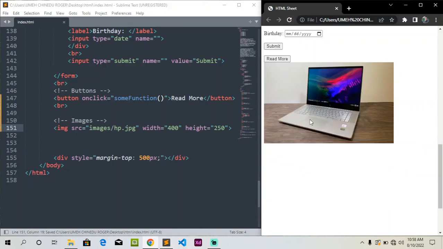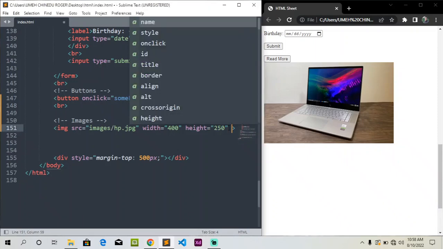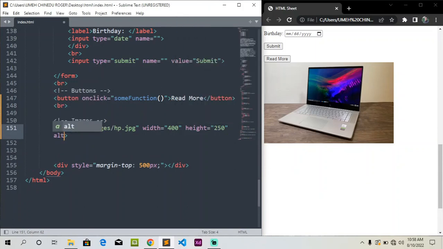So yeah, another thing we can also put is, imagine we have an issue where maybe the image got misplaced, maybe as we're hosting our site, the image got misplaced or something, or maybe we mistakenly put in the wrong source. How then can we show what we want to display? That's called the alternate attribute. It helps us say that, okay, if this image does not display, just give the people a description of the image. So if I put alt and I say an HP